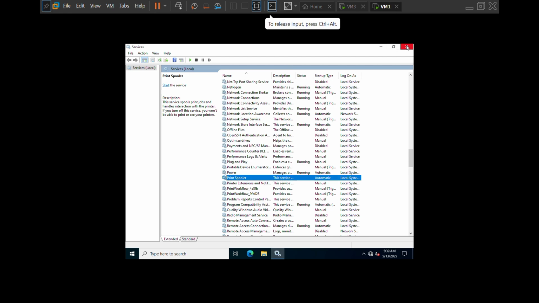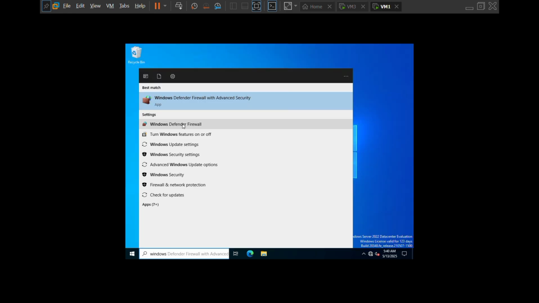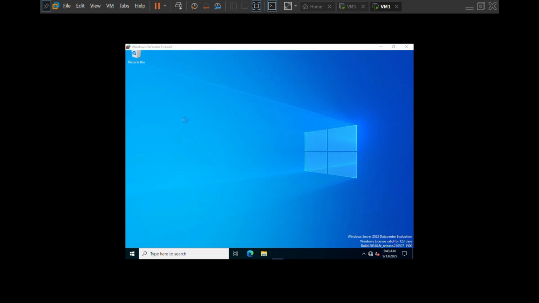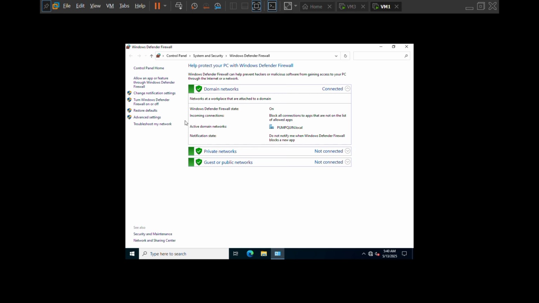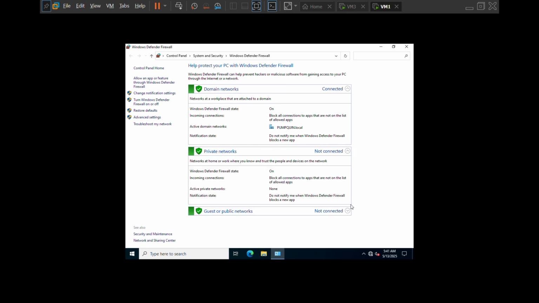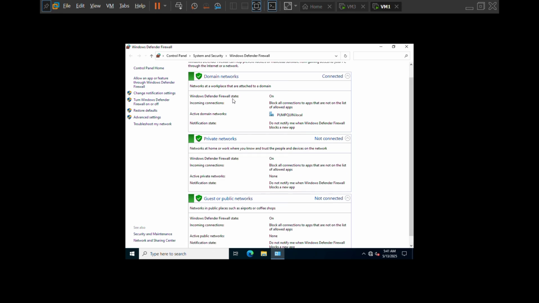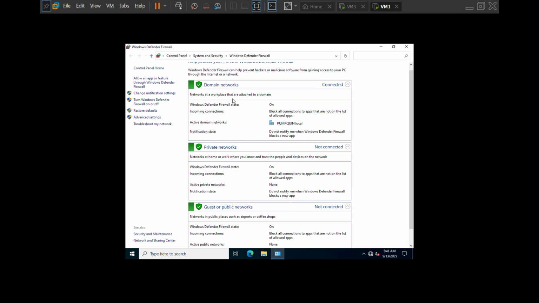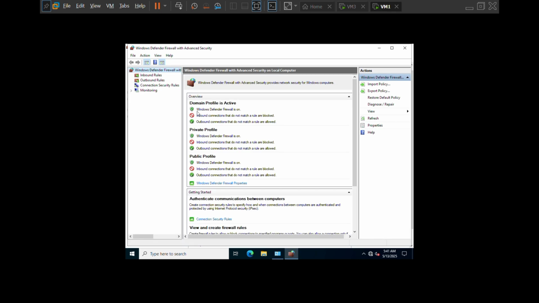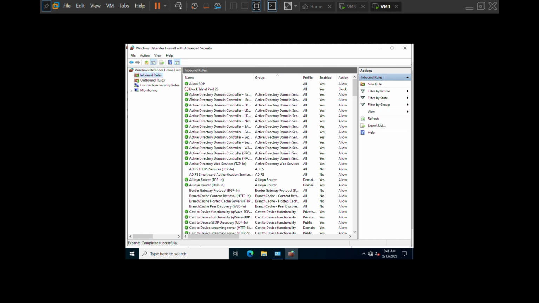Next, I configure firewall rules to control the network traffic. I open Windows Defender Firewall with Advanced Security, and as you can see here, the firewall is enabled. My goal here is to allow only necessary traffic like RDP on port 3389 while blocking unused ports. Also here, you can see I created a rule to allow RDP connections, ensuring that I can remotely access the server.